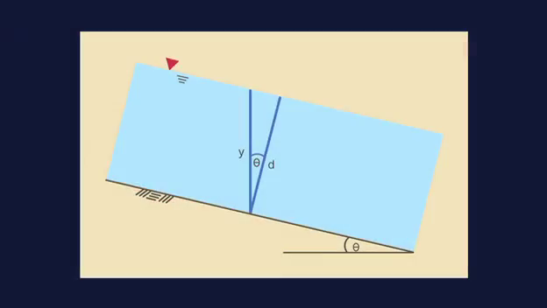The depth of flow, y, is the vertical distance from the free surface to the lowest point in the channel cross-section. The depth of flow section, d, is the height of the channel cross-section, normal to the flow direction. The relation between depth of flow, y, and depth of flow section, d, is